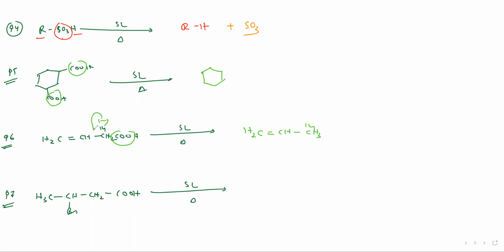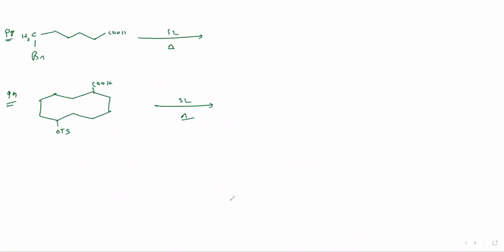But this negative charge can also undergo resonance. After participating in resonance, it becomes CH2 minus. So it forms CH3, CH2. Negative charge comes here, removes. Again, negative charge comes here, removed. 1, 2, 3, 4, 5, 5-member ring. Ring formation is also possible. Negative charge attacks here, this bond removes.